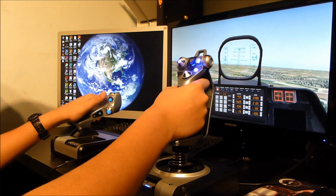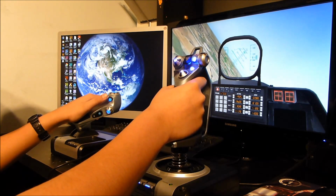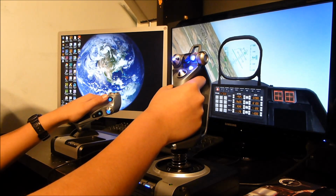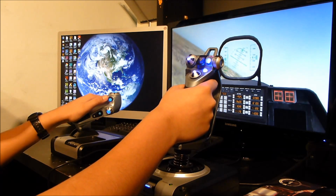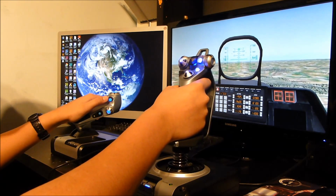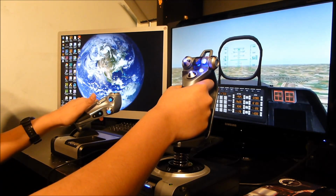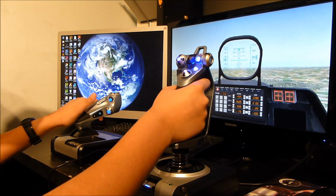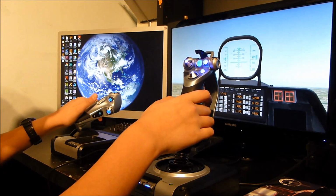So just reduce the throttle a bit, and you can see that it's so fine movements, and you can just turn the aircraft so much. So it's pretty sensitive, this joystick, and I think you can adjust the sensitivity. But you notice also when this is plugged in, all the blue lights are illuminated here. So I've got the fire button here,